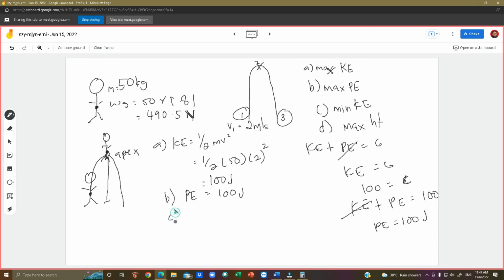Okay, C. Minimum KE. Berapa minimum KE dia? Ni pun tak payah kira. Orang gila je kira ni. Minimum kinetic energy occurs at the apex where the velocity is 0. So jawapan dia ialah